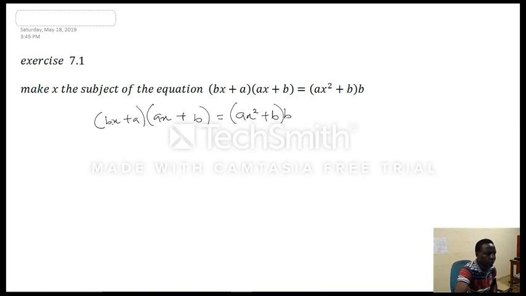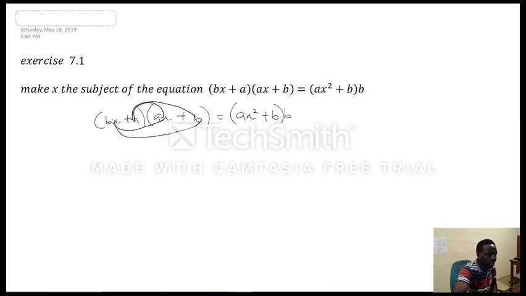So we have bx, we are going to use this bracket to multiply this, use this term to multiply this, as well as we'll take this also, use it to multiply this, and also use this to multiply